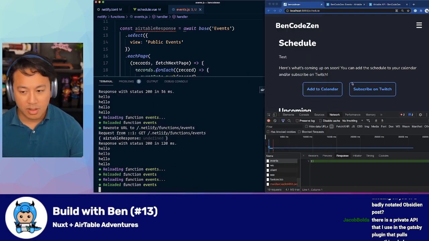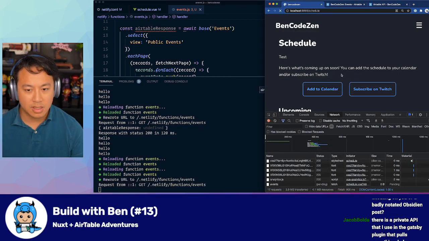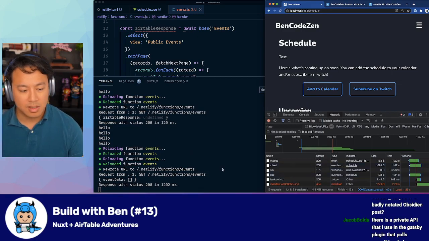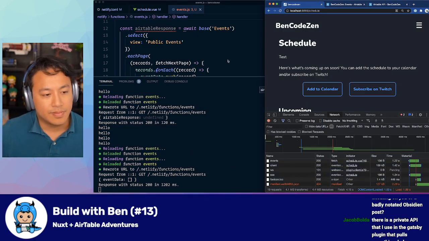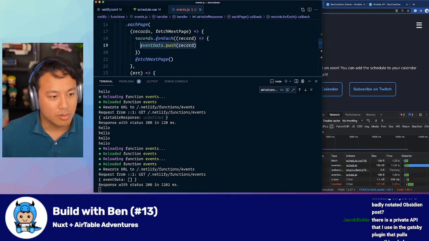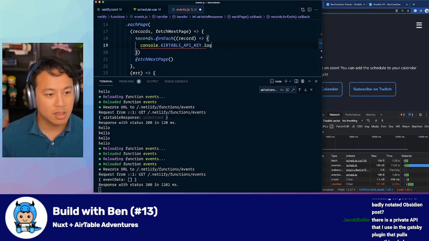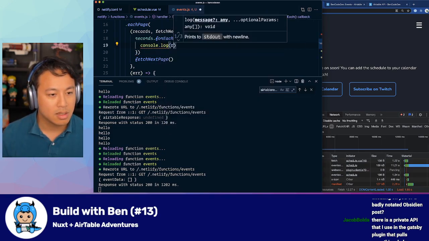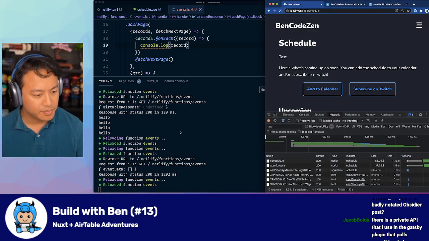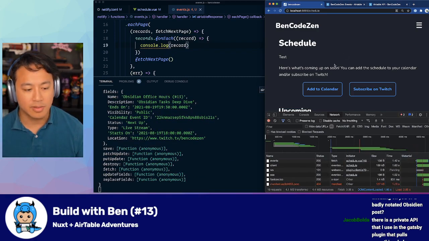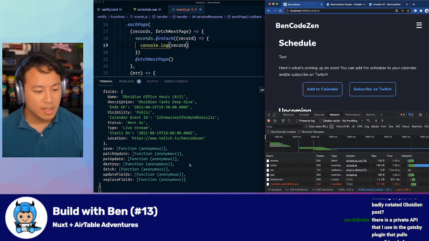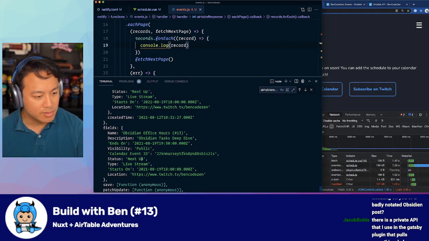So now inside of here, it's been reloaded. If I refresh, event data is still an empty array. I'm missing something. We are going to log the record again. Refresh. So we're getting all 4 items, right? So this is correct. 1, 2, 3, 4. I have 4 items in Airtable. They are being fetched correctly, but for some reason,